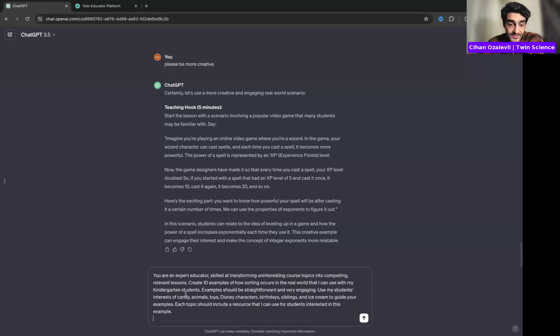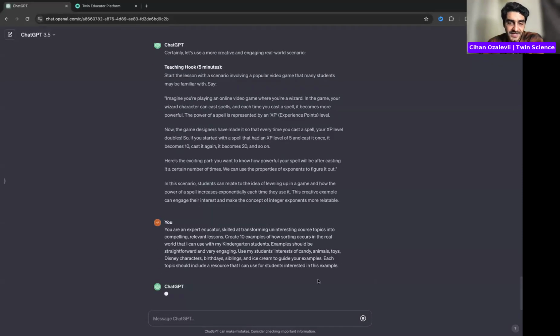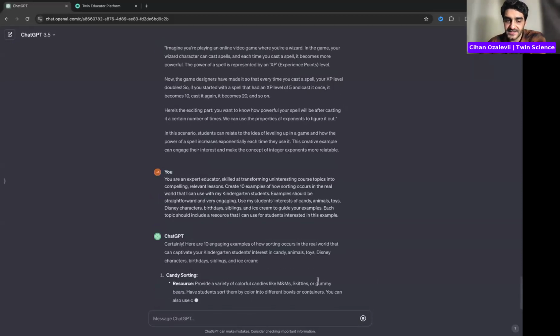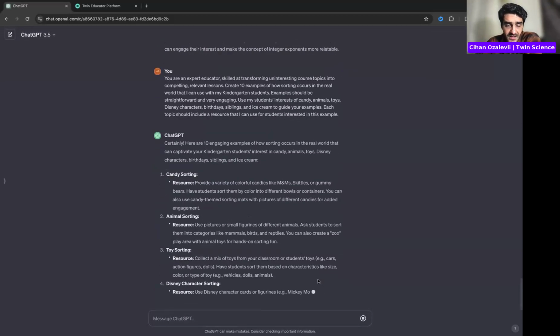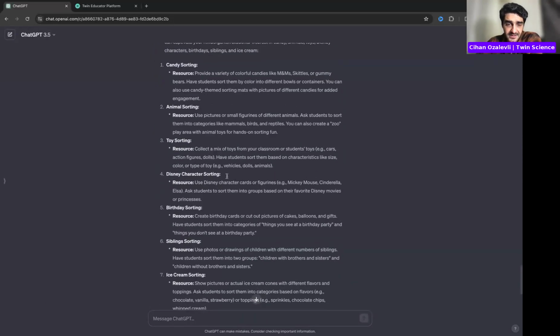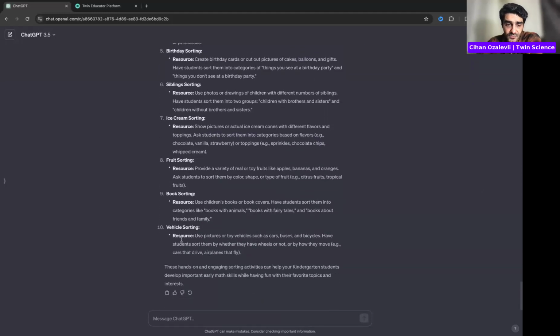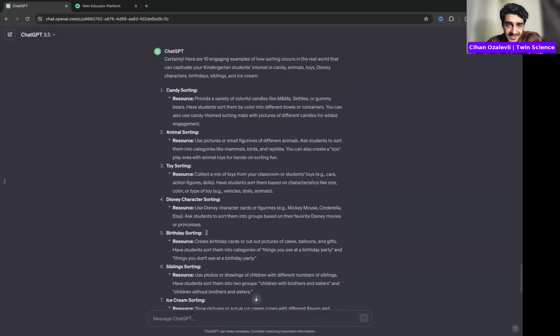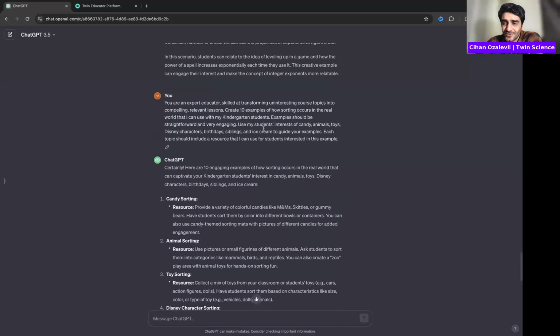Use my students' interest of candy, animals, toys, Disney characters, birthdays, this and that. So, and then we ask it to bring a real world example. So it brought candy sorting, animal sorting, toy sorting, Disney character, birthday sorting, and all, right? Ice cream, book, vehicle.